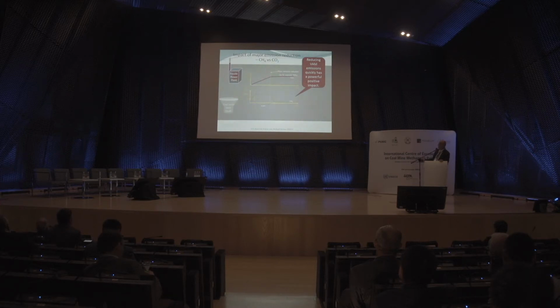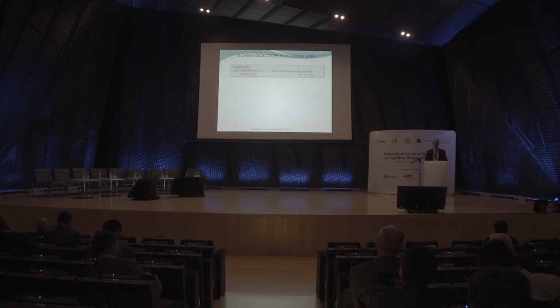If you compare that to a coal mine, to VAM emission, for example, you have a 12-year buildup of methane, and that will remain in the atmosphere. When you reduce by 90%, you will have an immediate reduction in the impact, and after 12 years, you will have the new level of emission, which is, in this case, 10% of the old one. So you will have a very quick impact. So that means that methane is an opportunity for major reductions of greenhouse gas emission impact. So let's look at technologies.